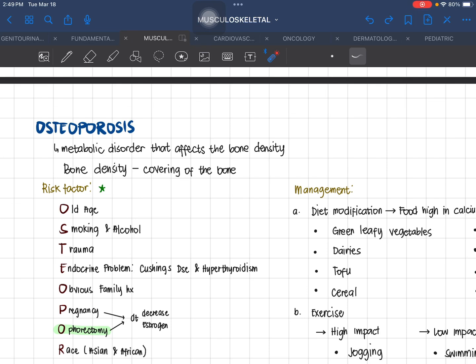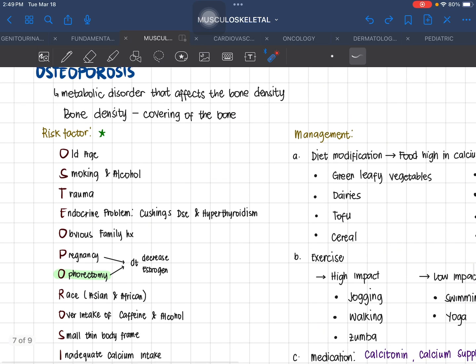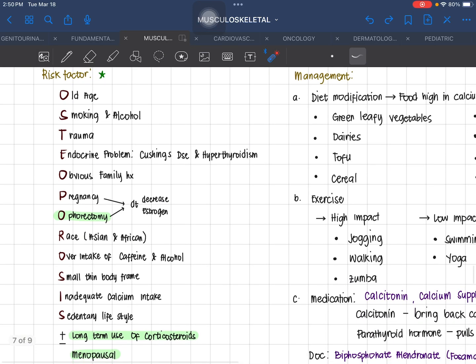Of course, kapag old age, smoking, and alcohol, yung mga mabibisyo ka, trauma, endocrine problems like Cushing's disease and hyperthyroidism, sa family history, and also yung kapag low o decrease yung estrogen mo in situations like pregnancy, menopausal, and